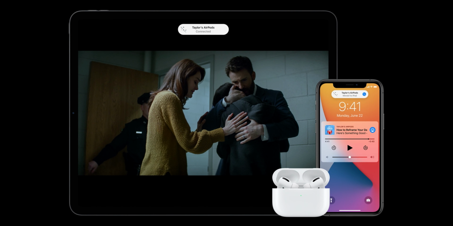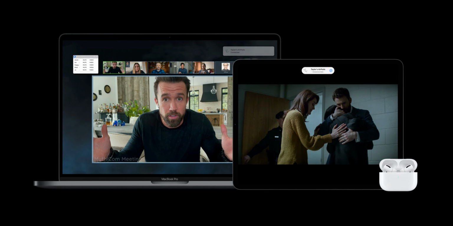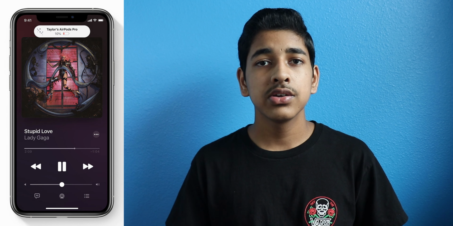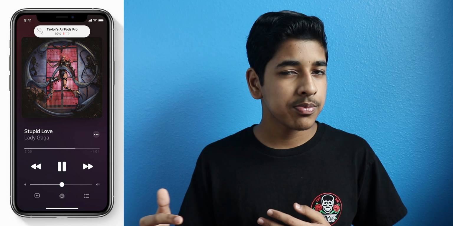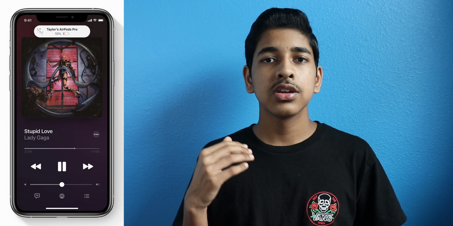For example, if you're on your phone and you're listening to music, and then you go to your MacBook for a FaceTime call, then the AirPods will automatically sense that and they'll switch from the phone to the MacBook. In addition, with iOS 14, you can also get battery notifications of your AirPods. They'll tell you when they're like 20% left or 10% left, so you know when to take them out and